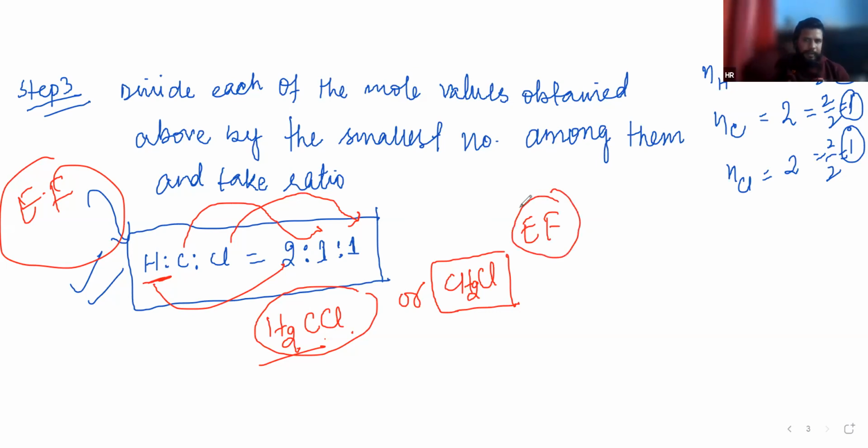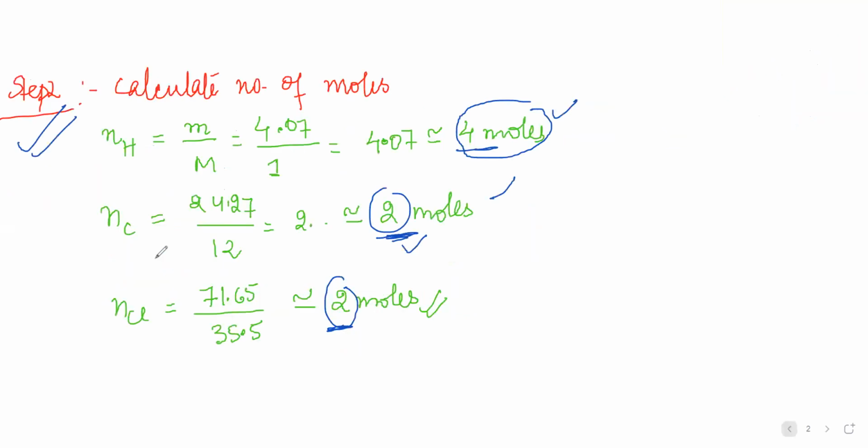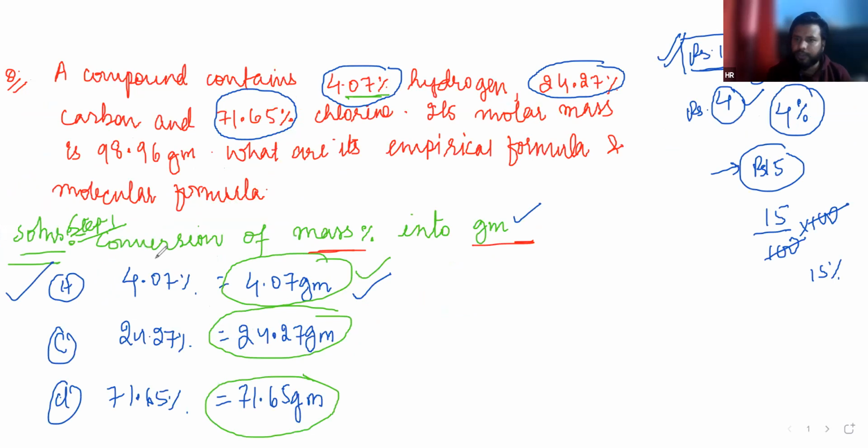We can easily calculate the empirical formula in 3 steps. I am repeating it. First, if mass percent is given, then we need to convert it into grams. If mass is already given in the question, you don't need to convert it into grams. You just need to calculate number of moles. Then divide the number of moles among them by the smallest number of moles, and then take the ratio like I have taken it, and the